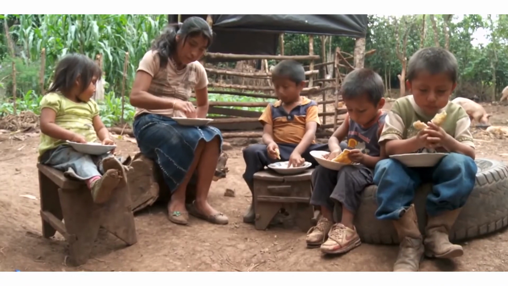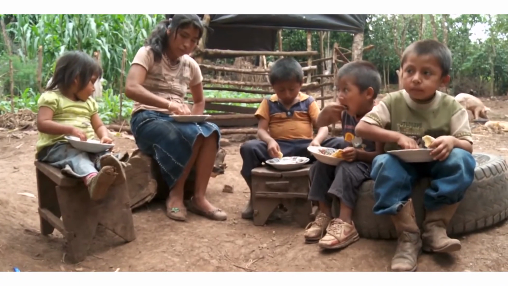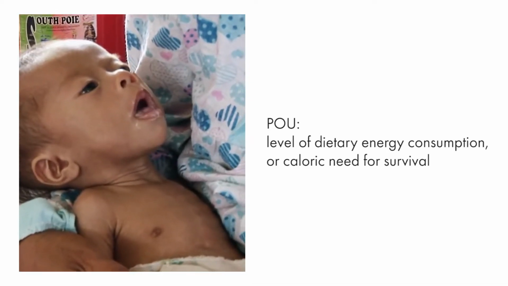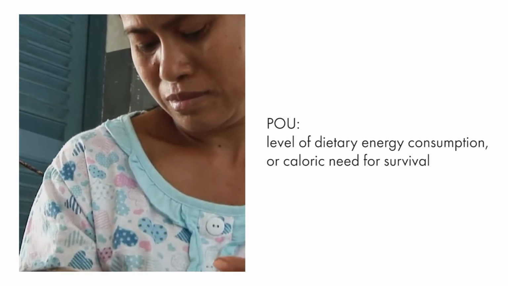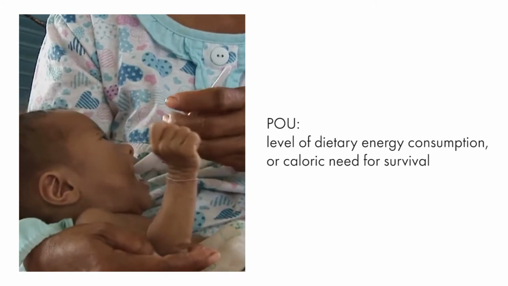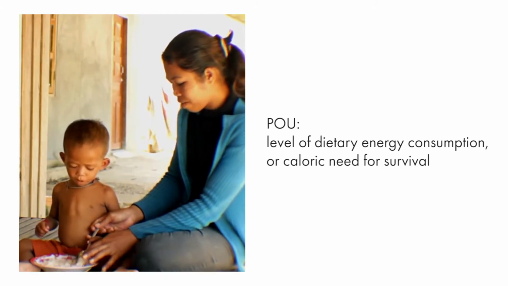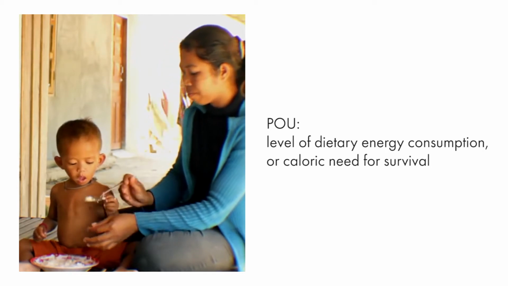It was the target for the Millennium Development Goal 1, which a lot of countries largely achieved. And really what it measures is the proportion of the population below the minimum level of dietary energy consumption, referred to as the prevalence of undernutrition. It's a percentage of the population that is undernourished or food deprived.